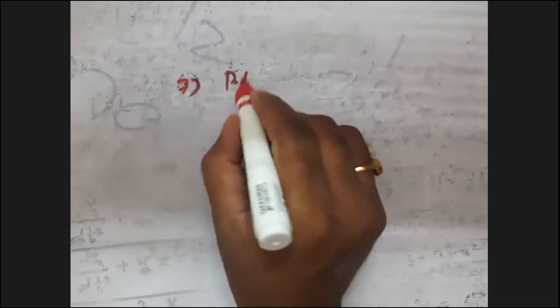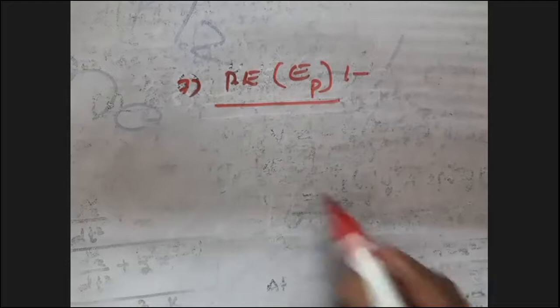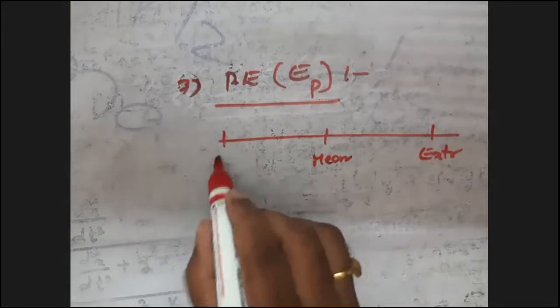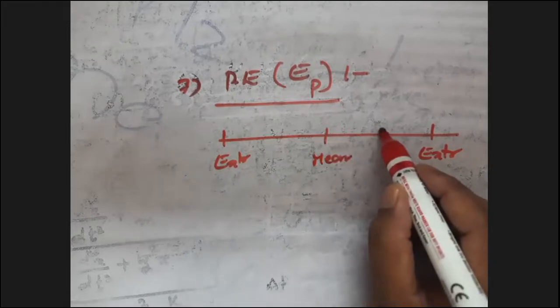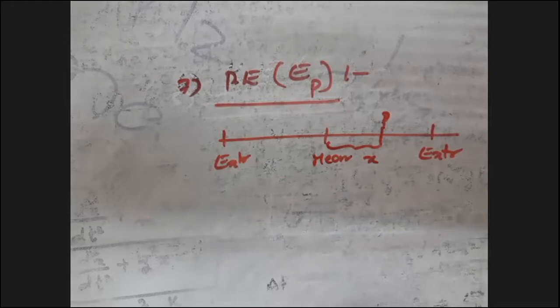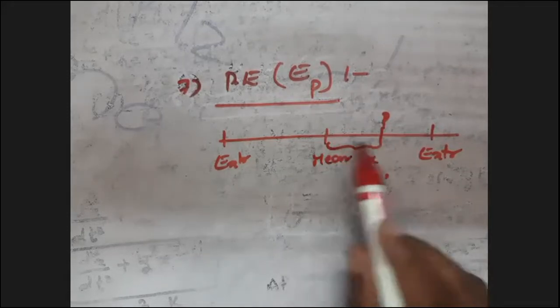Next, another physical characteristic is potential energy, the seventh one, the potential energy of the particle. Let us denote it with the letter EP. Again, I am drawing the figure. This is the mean position, this is the extreme position, and here also the extreme position. From the mean position, consider a point P. This is displacement x, the displacement of the particle at any instant of time t. At any instant of time t, the displacement of the particle is x from its mean position.